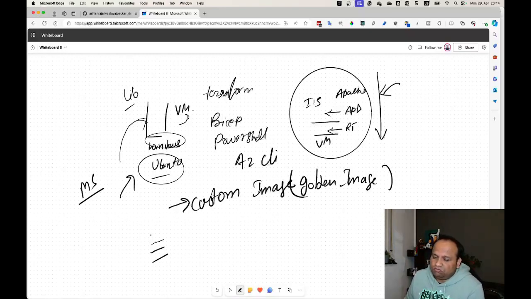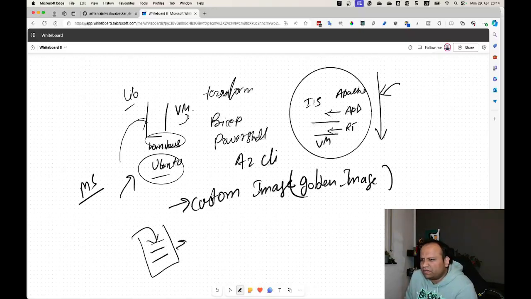It can be Java runtime, .NET runtime, Apache, Nginx, or any other thing. You install these things and then you prep this VM,